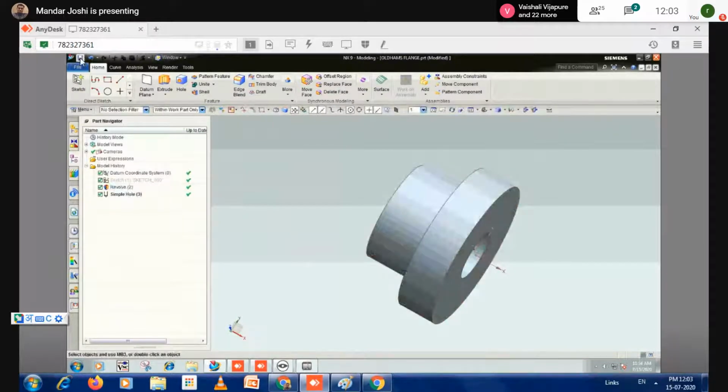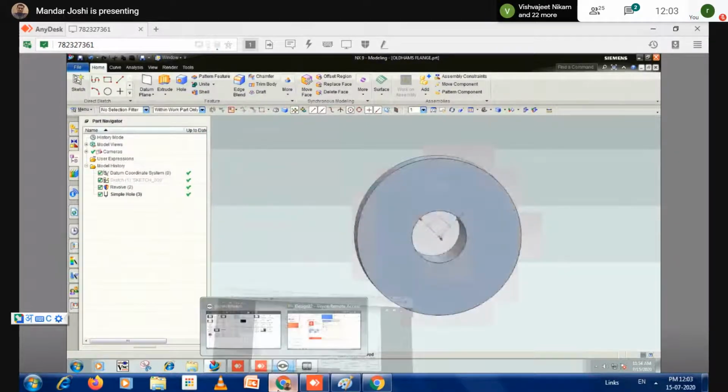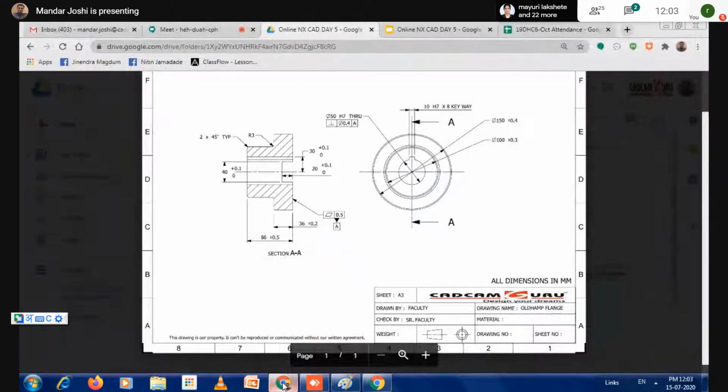Now save this file. Save this file. Next step. Hello, sir. Yes. Is it necessary to save every time after doing it? It is needed, saving every time, because if suddenly something happens, then the data will not be found again. It is better to save every step of action. It is not mandatory, but it is always good for the data.